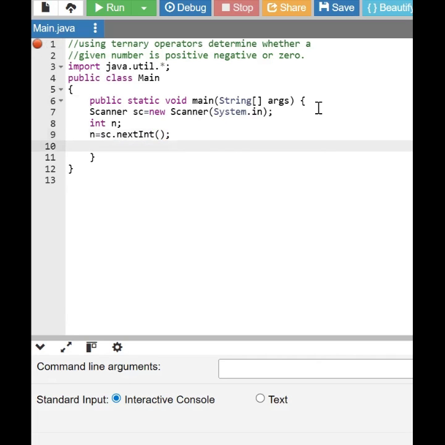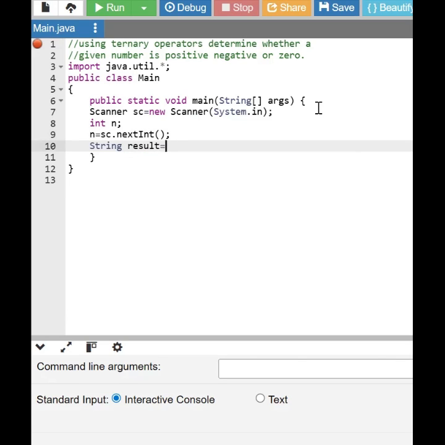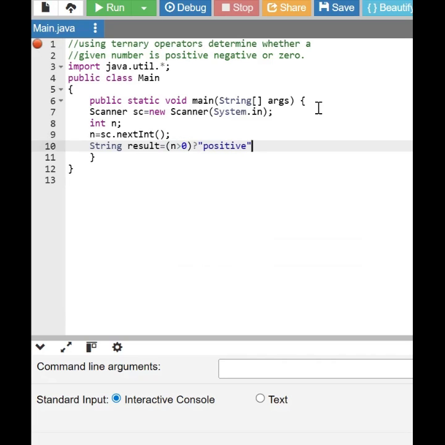Now comes the ternary magic. I'm taking String result is equal to. This line checks the value of n using nested ternary operators. We check if n is greater than 0, and if so, it is positive. So I'll give a string here which says it is positive. Then we put a colon, and